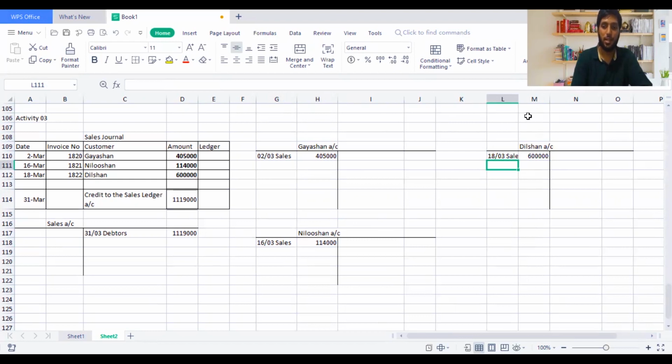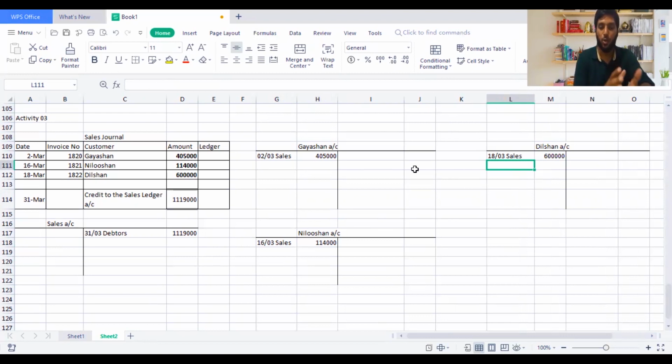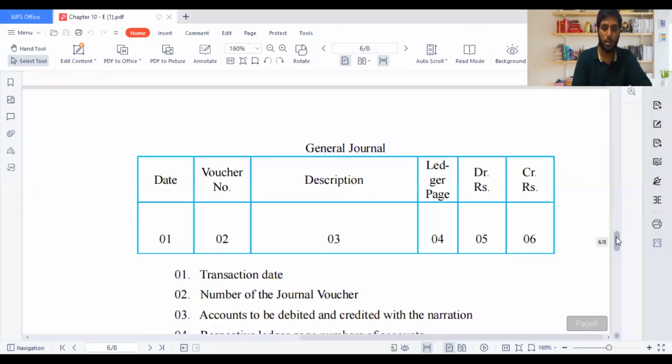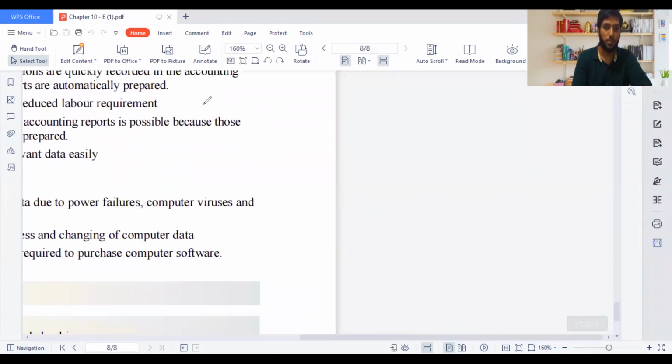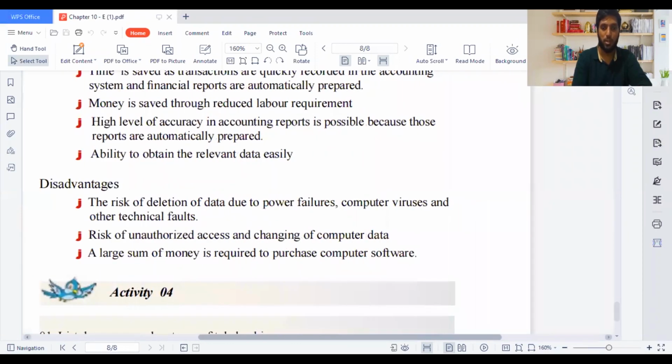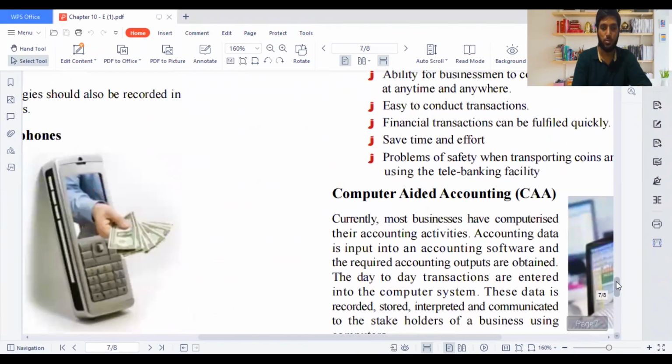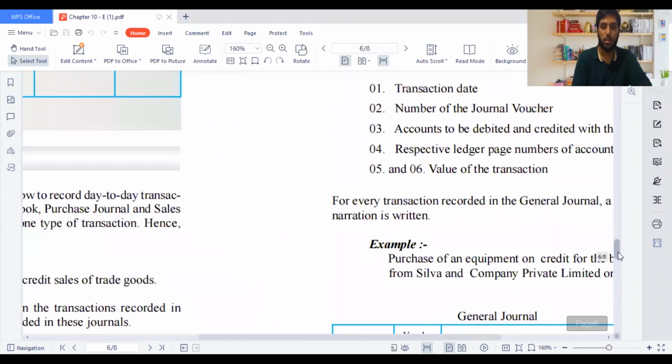So easy as that. I have explained activity 1, activity 2, and activity 3 completely. I explained purchase journal and sales journal completely. I hope you guys understood the entire thing. And this is the next topic which I'm going to speak on in the next video of chapter 10, the general journal. So I hope you don't miss out this area. That is part 2 video which will be uploaded maybe within this week, most probably in 2 days.